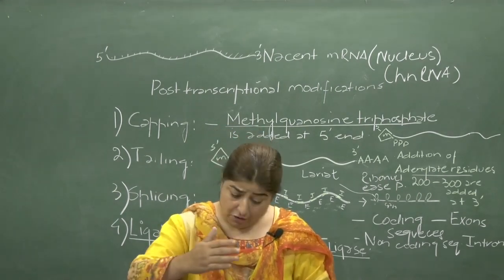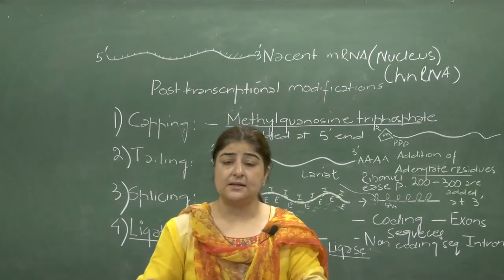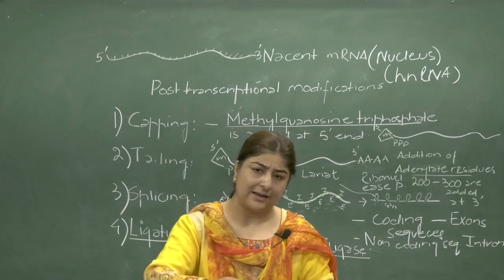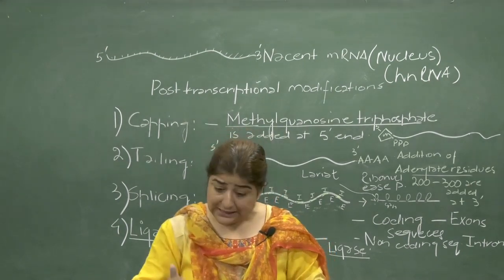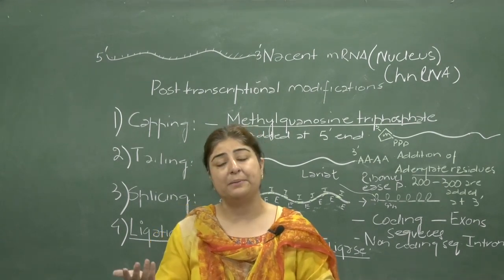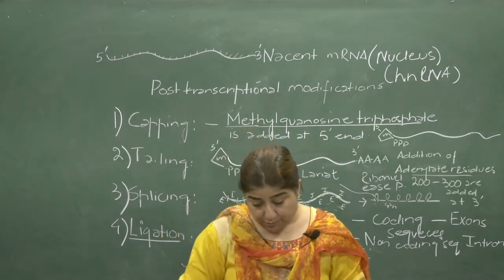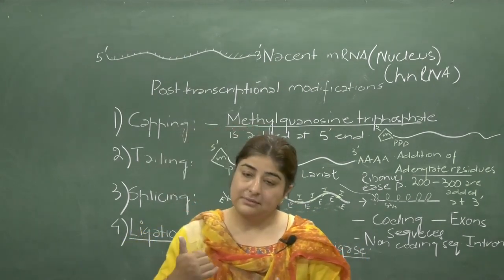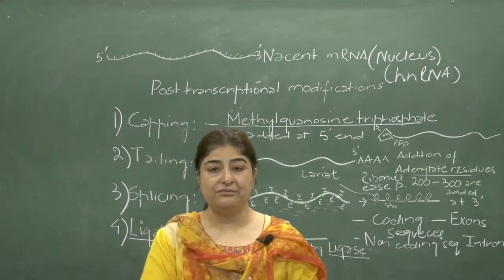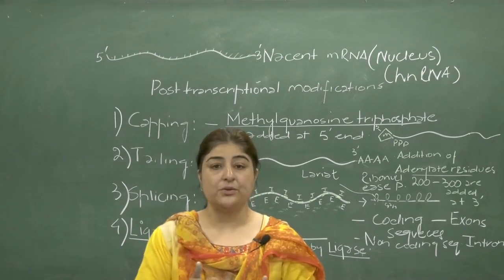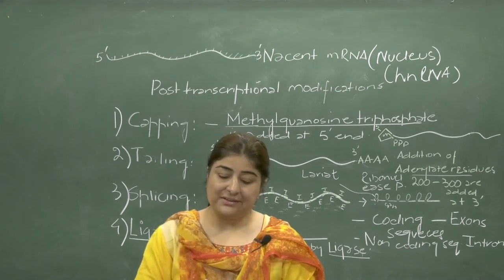when it moves from the nucleus to the cytoplasm, it is susceptible to various biomolecules. They might attack it and degrade it. For that, it needs to undergo certain modifications in order to become completely functional. The first modification that this nascent mRNA undergoes is capping. That means towards the 5' end of the nascent RNA, a methylated triphosphate guanosine cap is added,